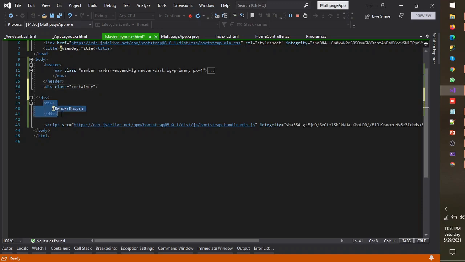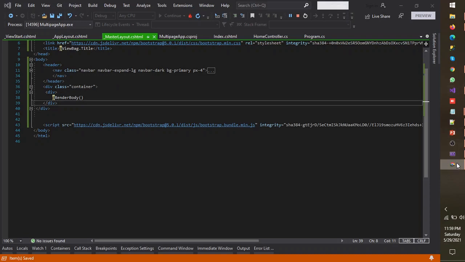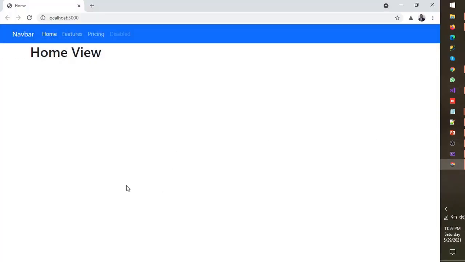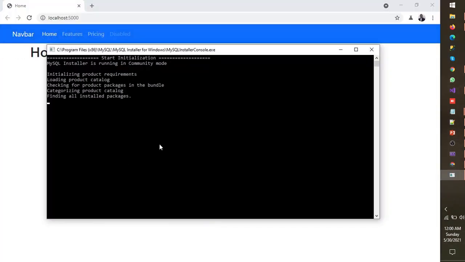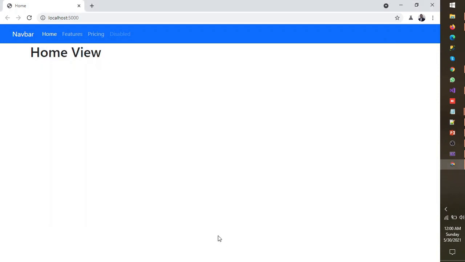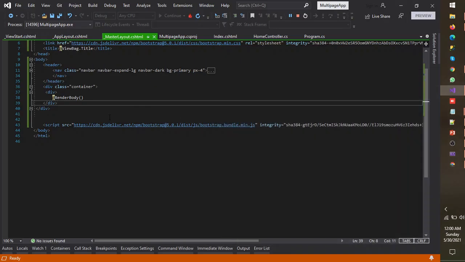We will put this render body into this div and see what we got here. So yeah, we have also a bit of nesting of the body of the page. So moving forward,